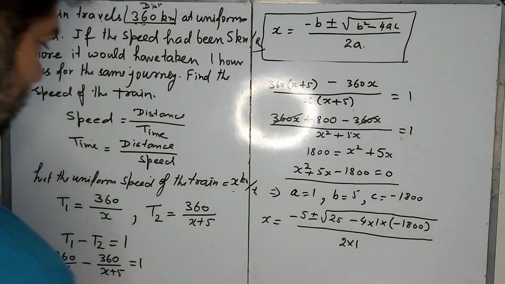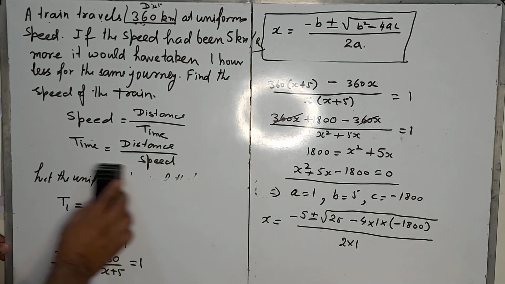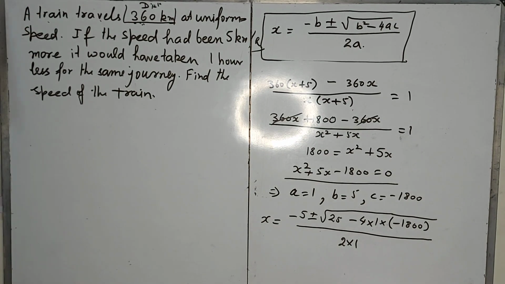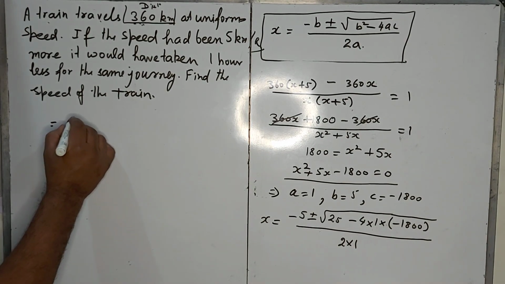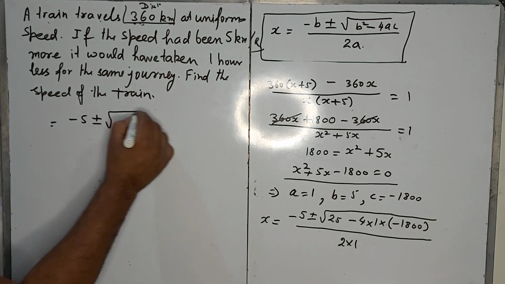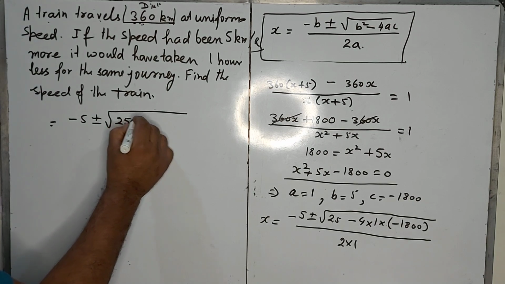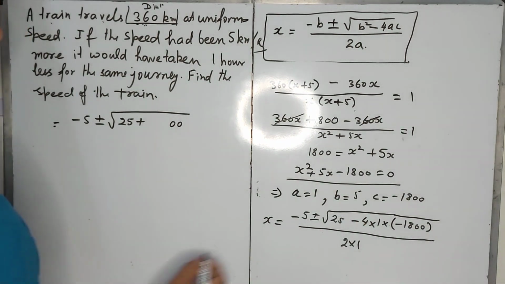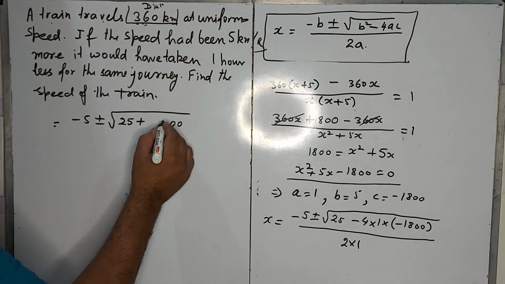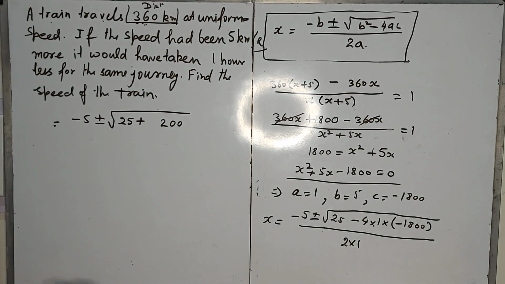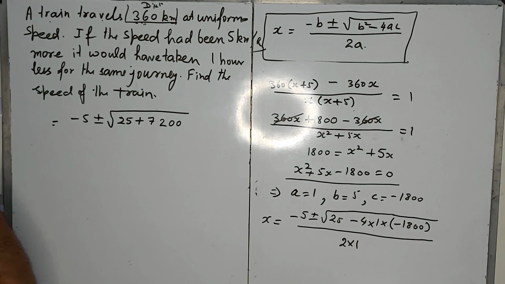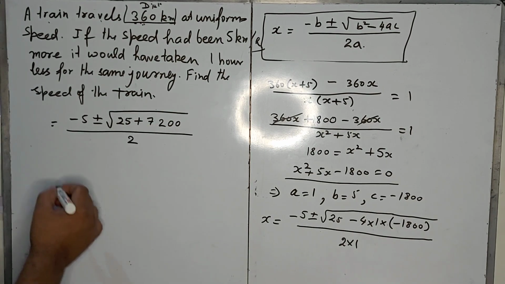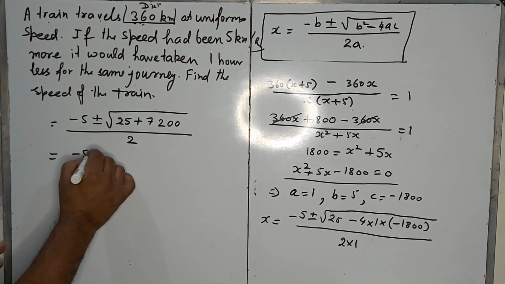We simplify this. Minus 5 plus minus square root of 25 plus, multiply this, you will get 7200, upon 2. Now add these, plus minus